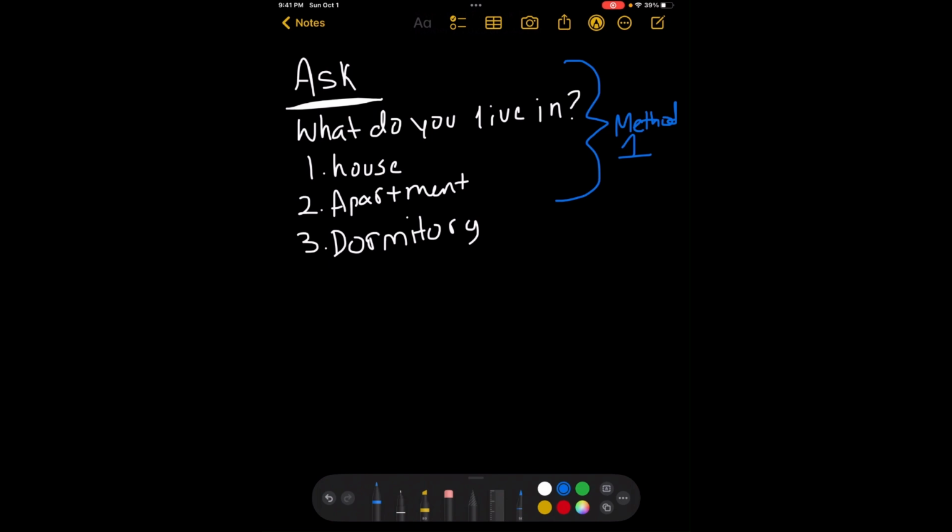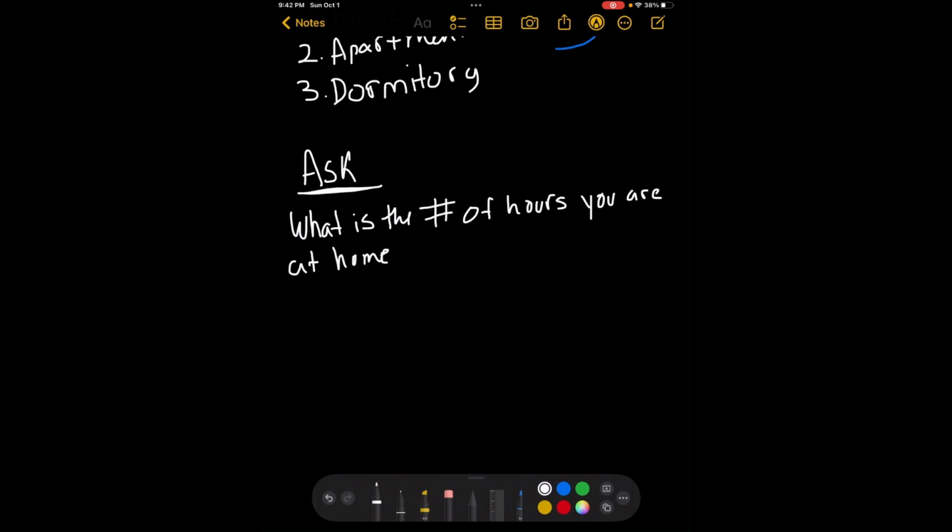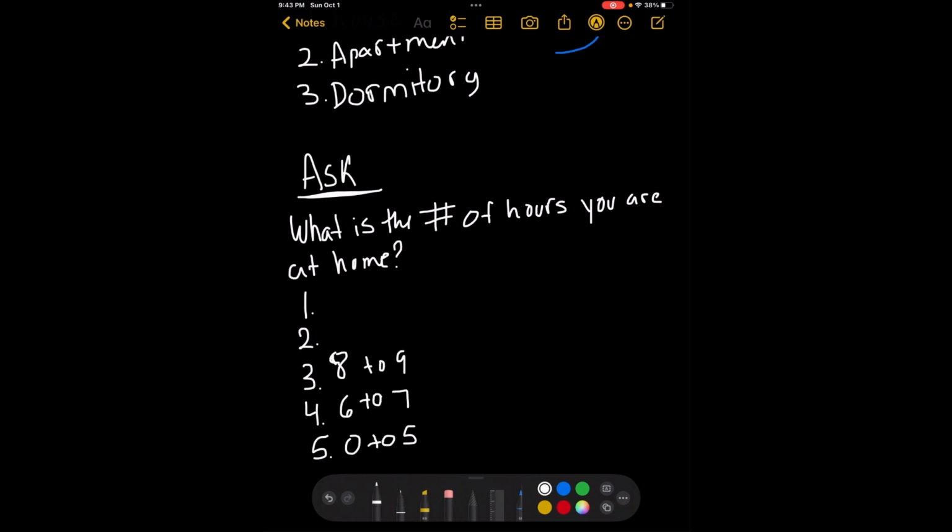So that is our first method. We're going to be asking, what do you live in: house, apartment, or dormitory? We're going to ask, what is the number of hours you are at home? So we have the given categories here. So this is going to be our